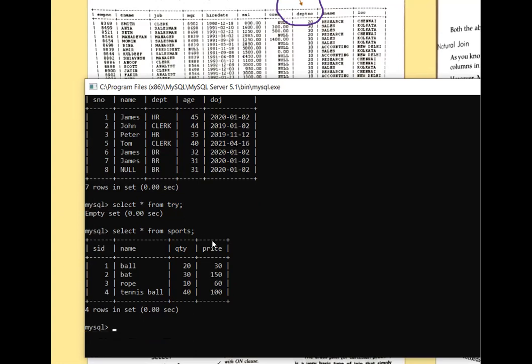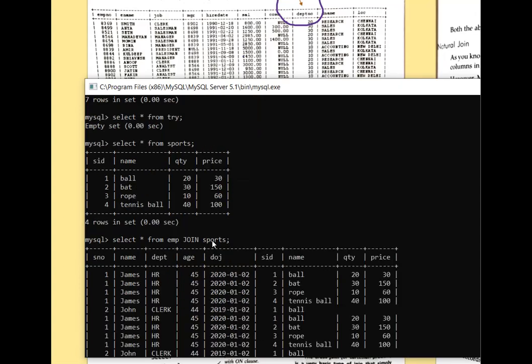So it is select asterisk, asterisk means all the values, from, and first you have to write the first table name. Your first table name was EMP. Then after this, JOIN. You can write it in small letters also. I'm highlighting it so that you remember this. Then after this, we have to write the name of the other table. So I'm writing here sports.